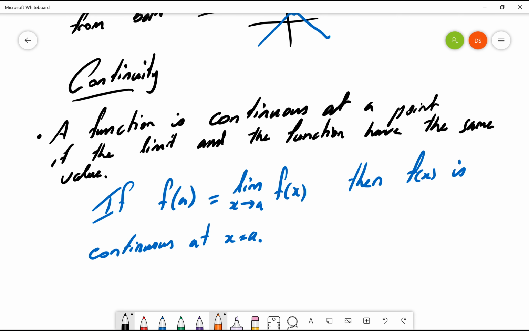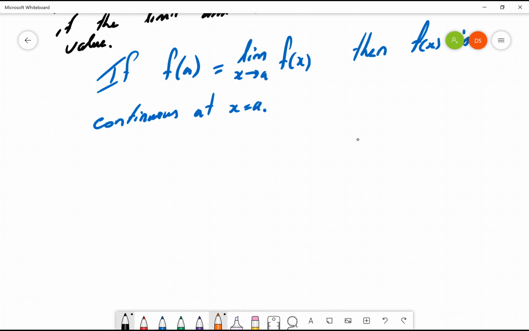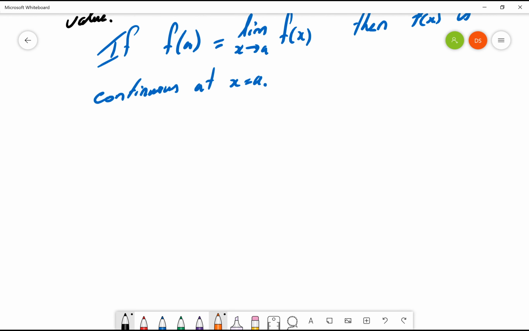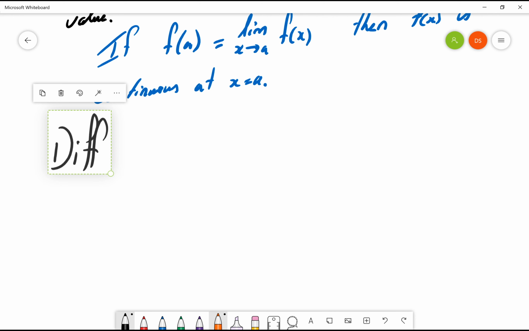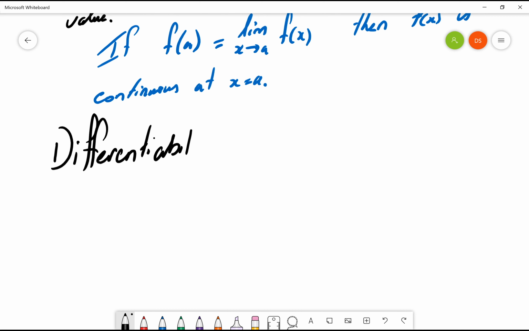But now there's one thing I've not talked about. I've talked about limits, I've talked about continuity. I haven't talked about differentiability. Okay, that's only because we haven't talked about what differentiation is. But differentiability is